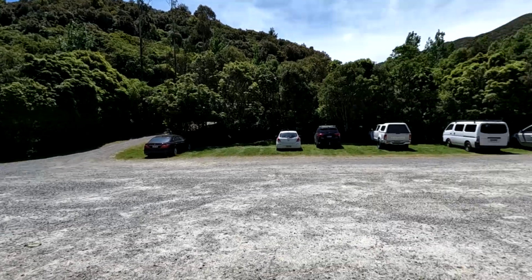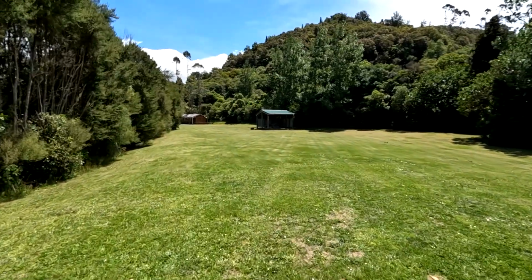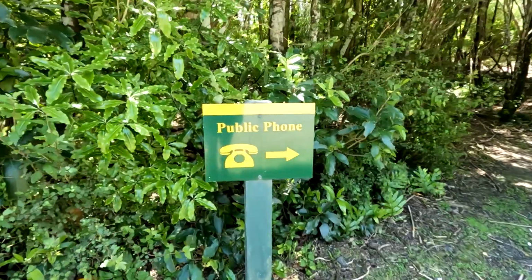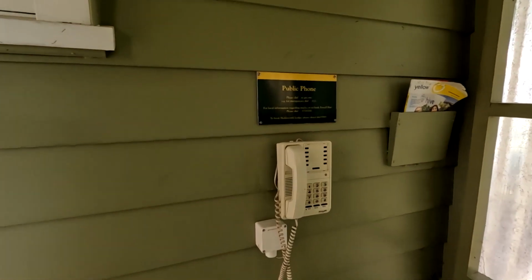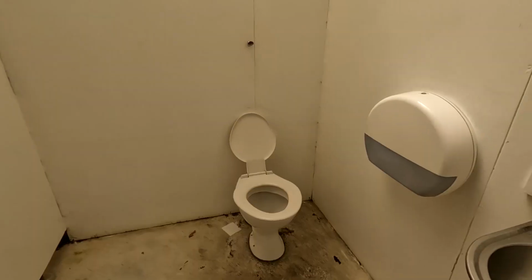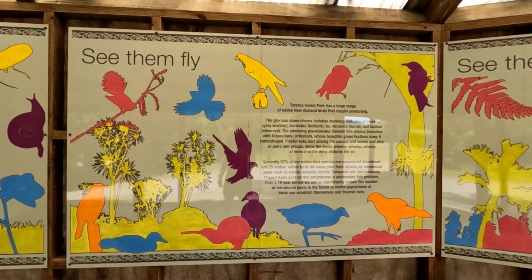The car park is very large and the surrounding area has shelters and grassy areas, making it a nice place to come for a picnic. There's no cell phone reception here, but you'll find a public phone on the outside of the caretaker's cottage. Nearby there's a shelter with toilets, seating and information signs about the native species and conservation projects within the Tararua